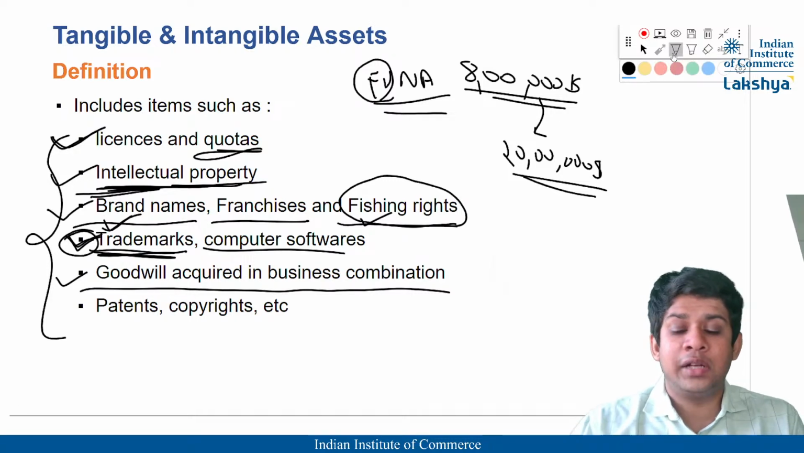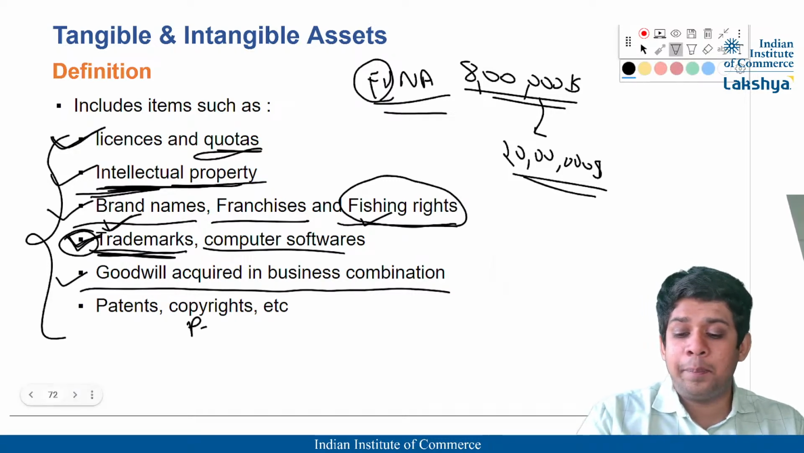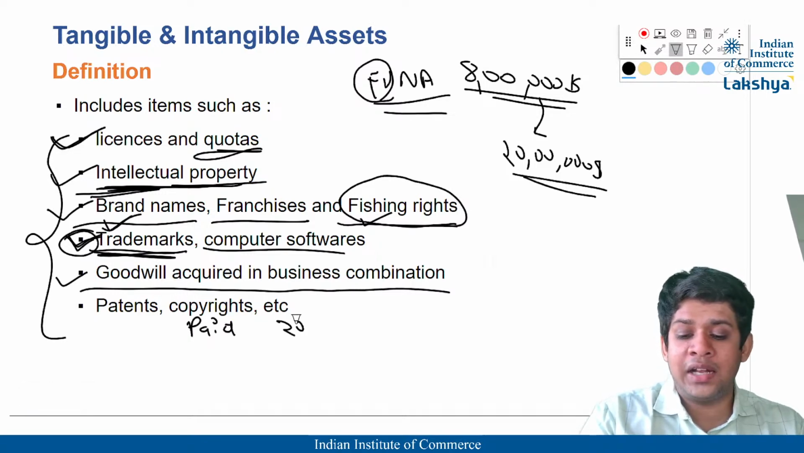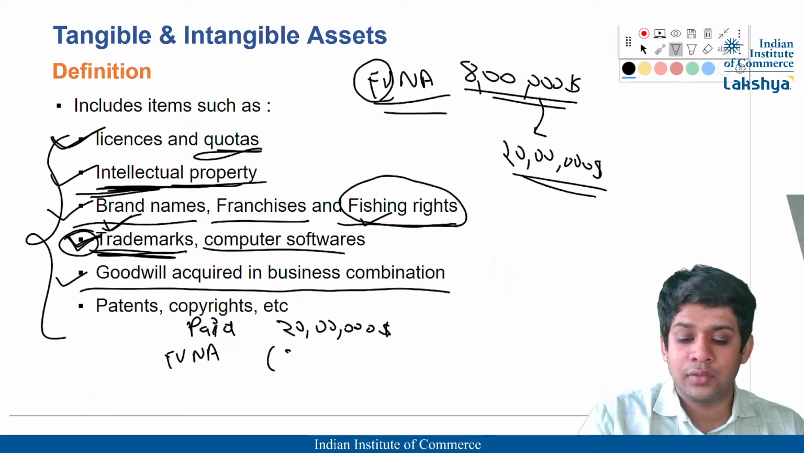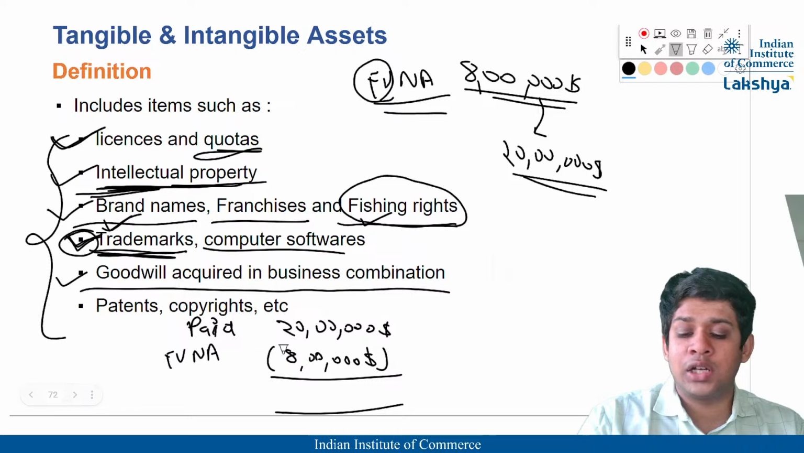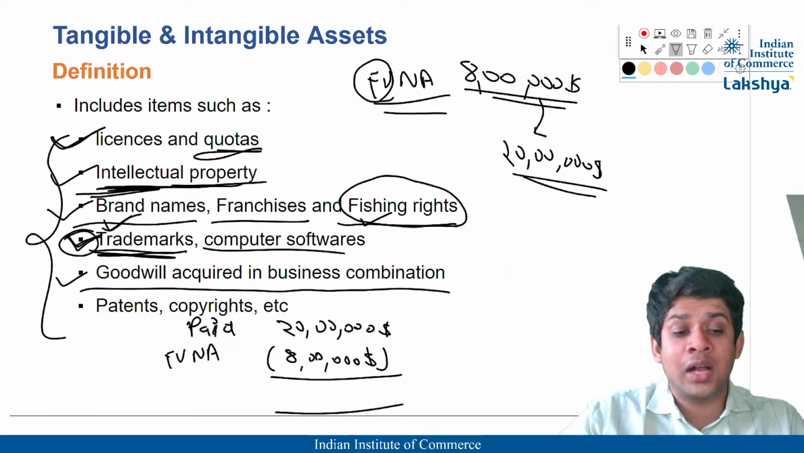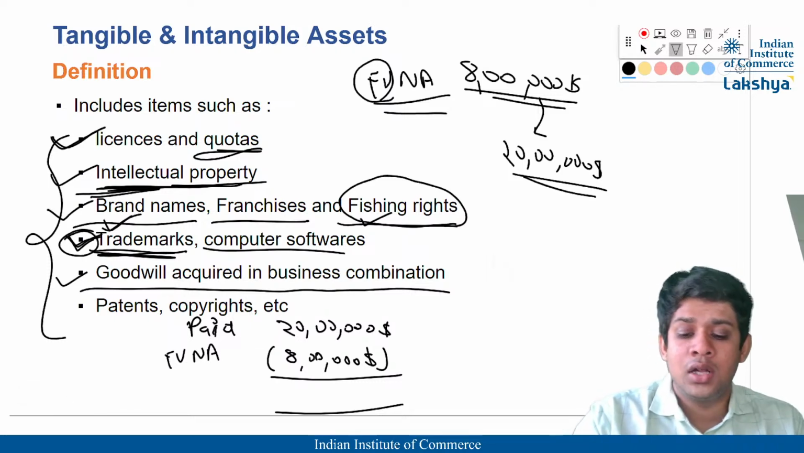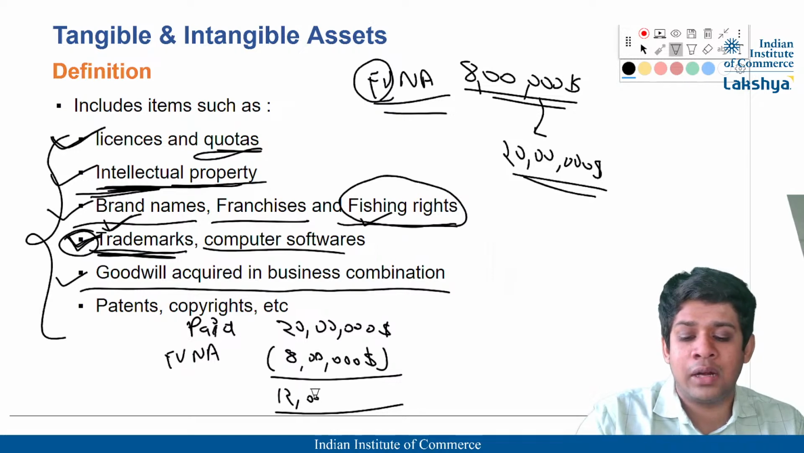Okay. So what did company A get? Company A paid to acquire company B. They paid 20 lakh. Whereas the fair value of net assets that company A got is nothing but 8 lakh, right? That means the amount they have paid over and above the net assets that they acquired is 12 lakh, or you can say $1.2 million,